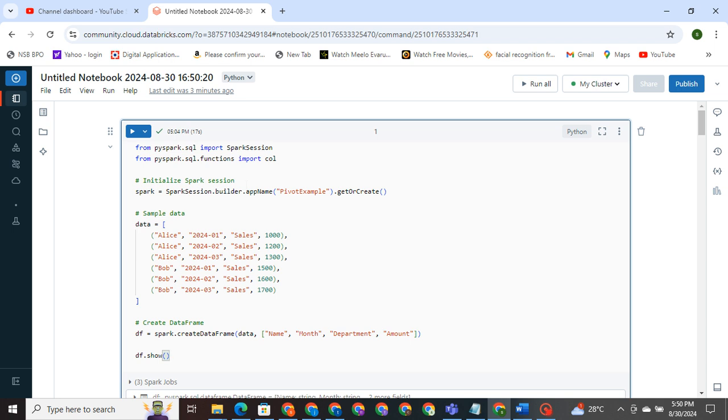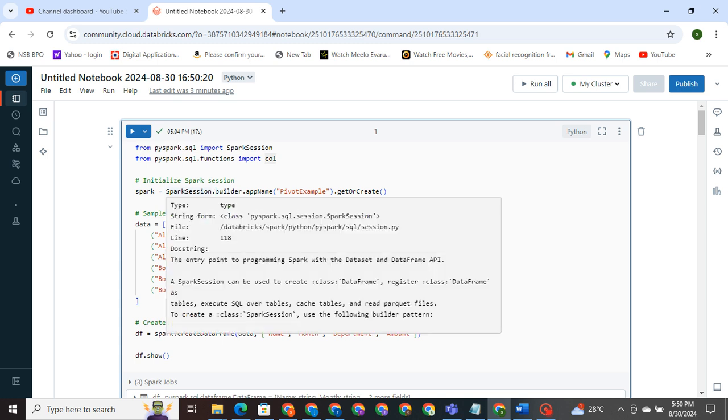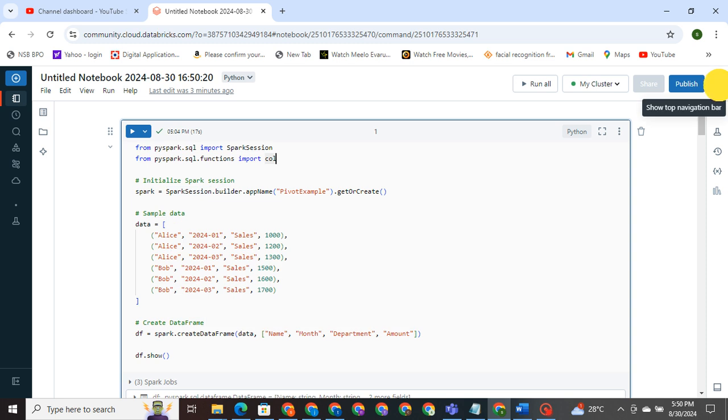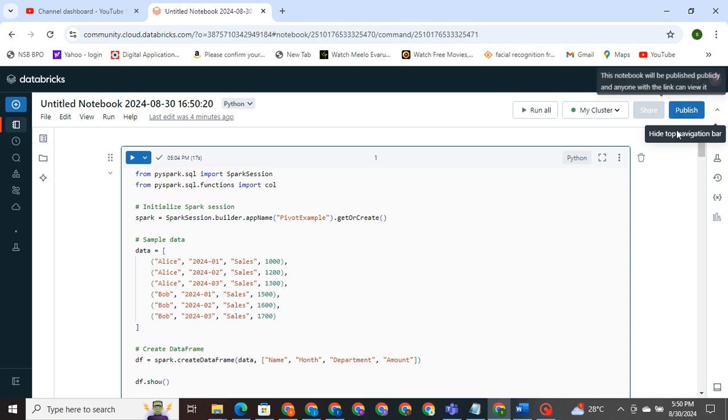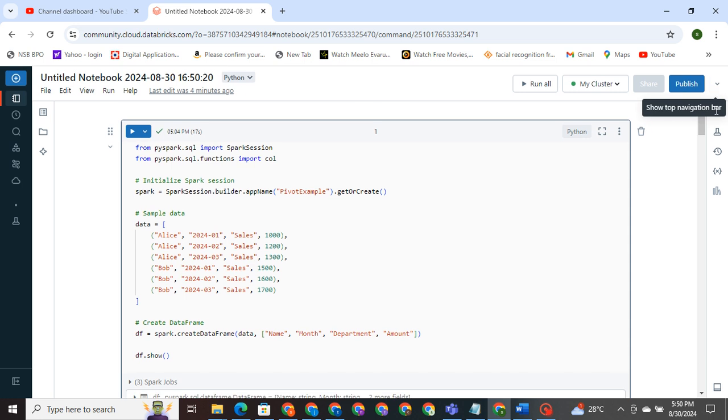Topic is Unpivot and Unpivot with Python code and also doing with method. In this code, we start by setting up a Spark session, which is essential for working with PySpark. The session acts as the entry point to interact with Spark, allowing us to create data frames and perform various